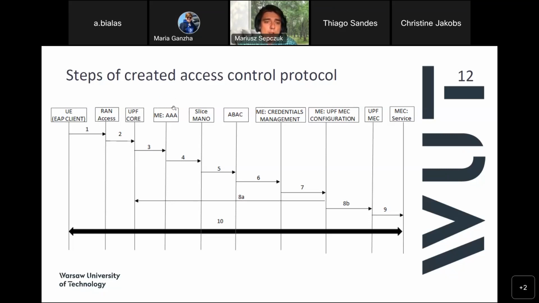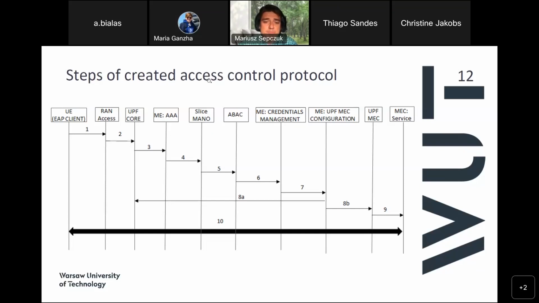And this AAA module verifies if the sent data are correct, and after positive verification, authorizes the data, so user contextual data, for example, user location, time, and so on. With the positive information about authorization, these data are sent to the slice mano. Slice mano, based on the collected information, checks what kind of configuration for the particular service is at the moment available,